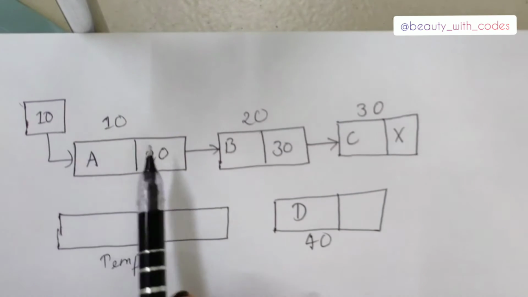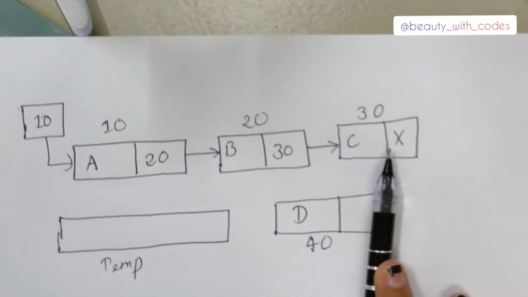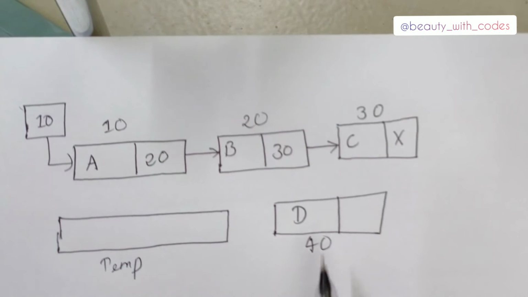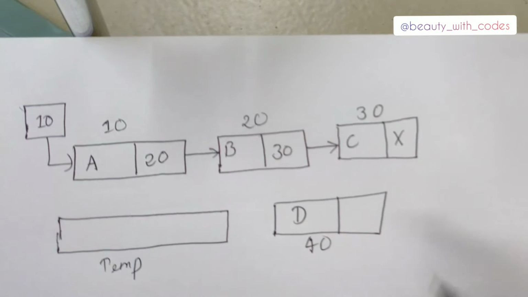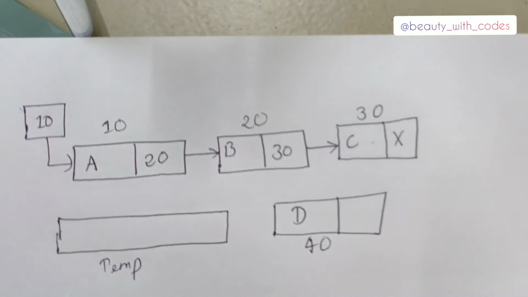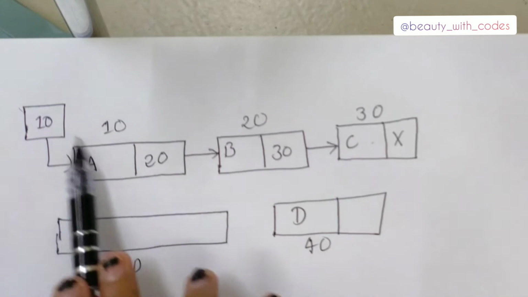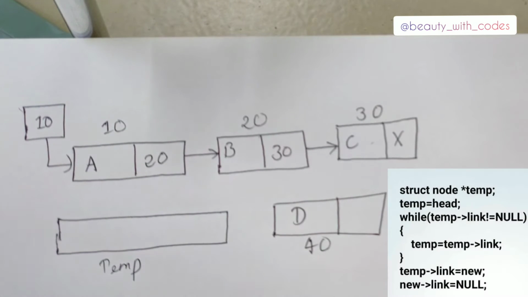So guys, this is our original linked list. Head is pointing to A, A is pointing to B, and B is pointing to C. Fine, but we want the new node D to be inserted at the end. So what can we do? We can simply make C point to D. No, a linked list does not allow random access. So for reaching C, you have to go through all these nodes, and for traversing we need an extra pointer, isn't it?